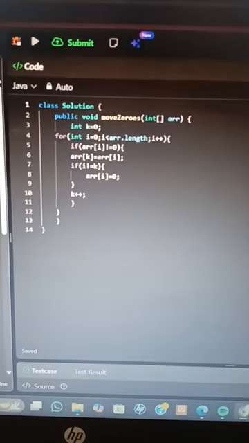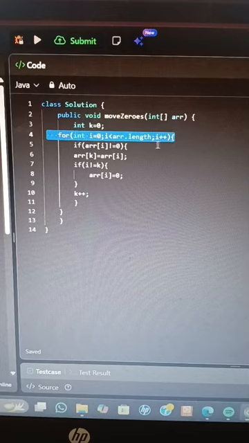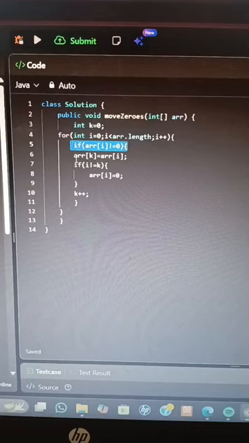So coming to the optimal solution. By the way, there is no better solution for this question. So I will use two pointers, k and i, and I will initialize k as 0, and I will traverse through the array, and whenever I find the current element is not equal to 0, I will